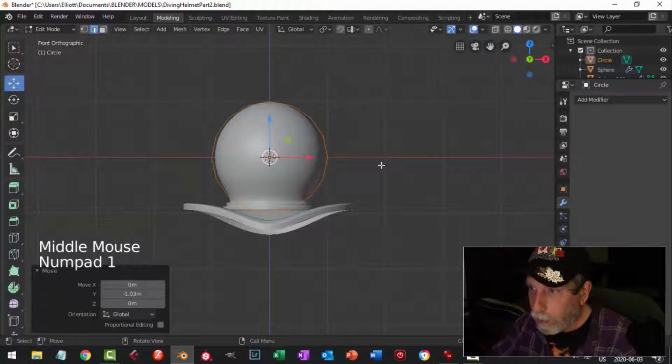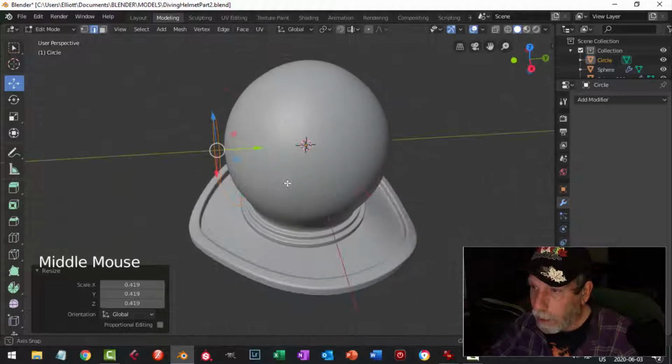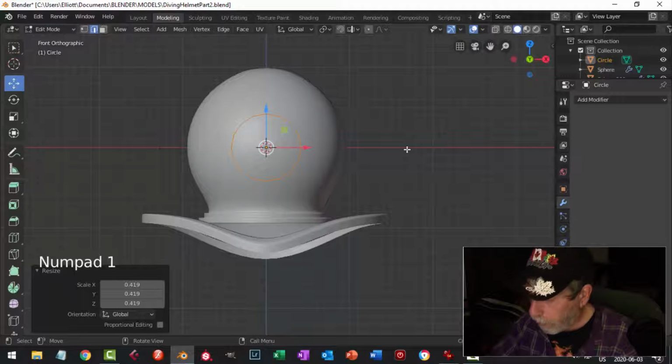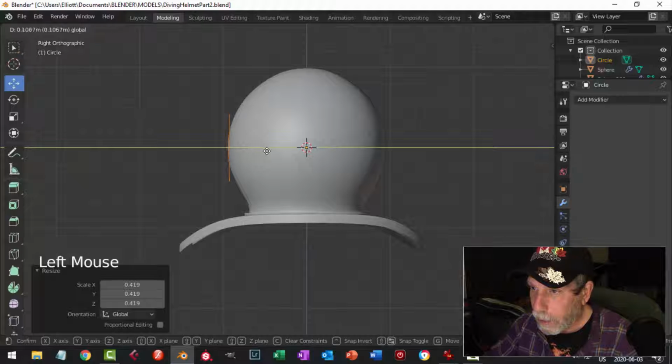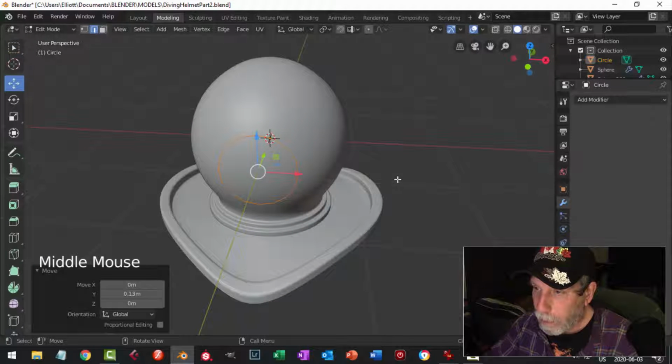I'm going to press 1, look from the front. I'm going to press S to scale and bring it down. I want this one relatively large here. You can always scale these things down after. Look from the side, position this thing. Sort of imagine if it was on there. It might be a bit